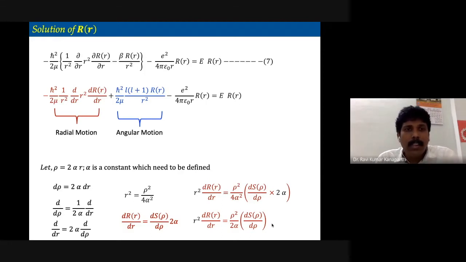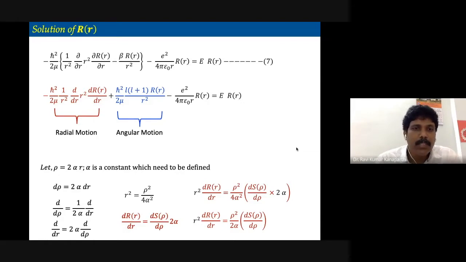Dear students, in the last class we discussed up to the solution of the theta equation, and we got a new constant number, that is L. And previously, when we tried to solve the phi equation, we got a constant number M. And today we will try to solve the third equation that we obtained in the previous class.